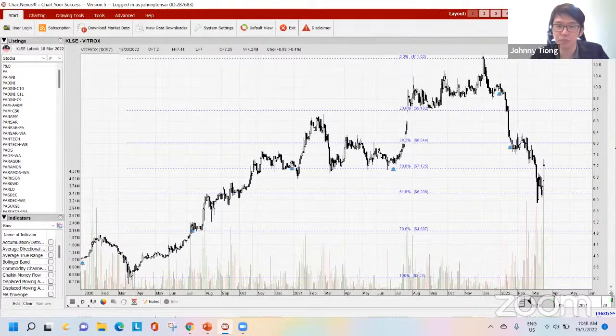For me, if it's a good fundamental stock and I want to buy in, I'll look at the technical chart to see whether it is still in a downtrend or in an uptrend. So when it's still in the downtrend, I will continue to wait until there is a reversal and a confirmation. Then I will buy in. But of course, I will not go in one go. I will divide my bullets also.